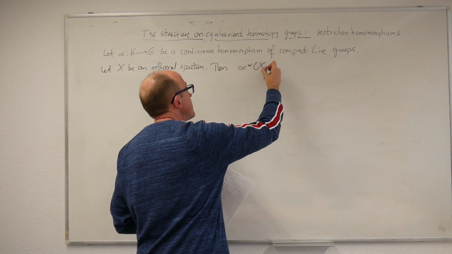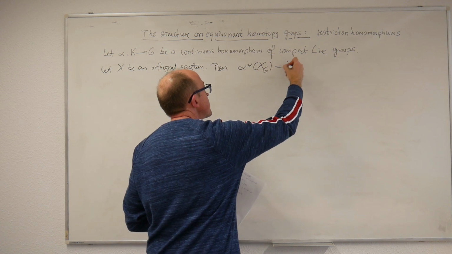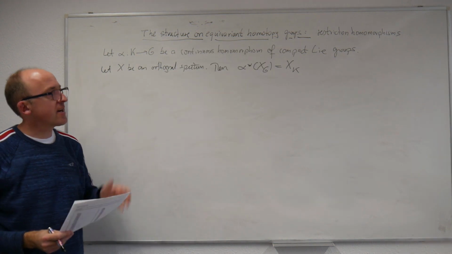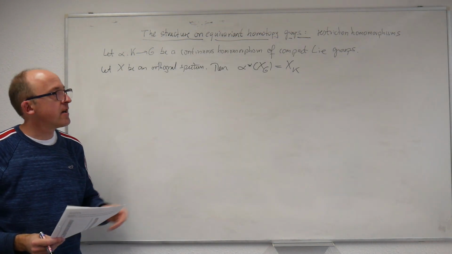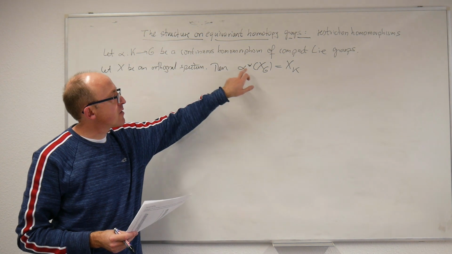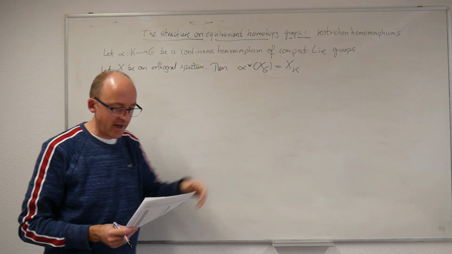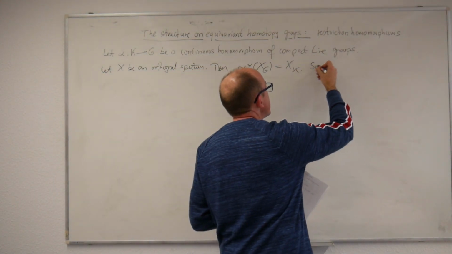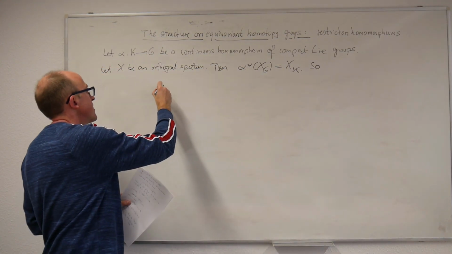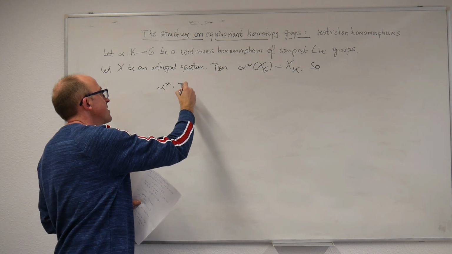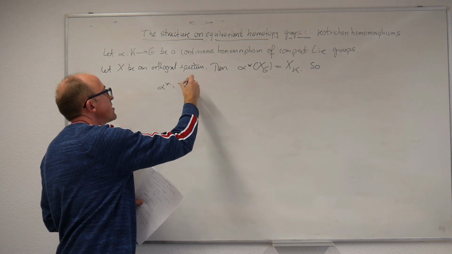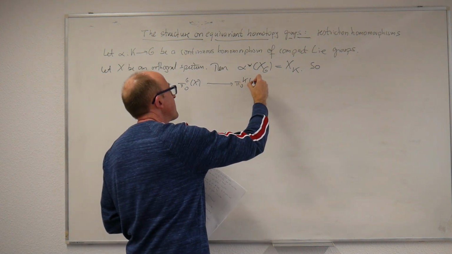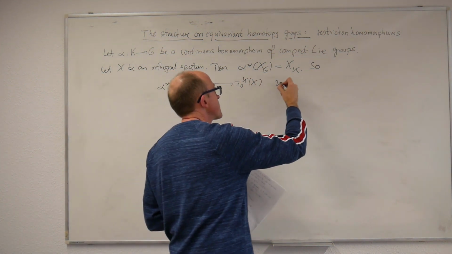Alpha upper star of X restricted to G is equal to alpha upper star of K, for the simple reason that on both sides the group K acts trivially. Here it already acted trivially on G, and if you restrict, it's still acting trivially, and here it acts trivially by definition. So alpha upper star becomes a homomorphism from pi 0 G of X to pi 0 K of X, and I call this again the restriction homomorphism